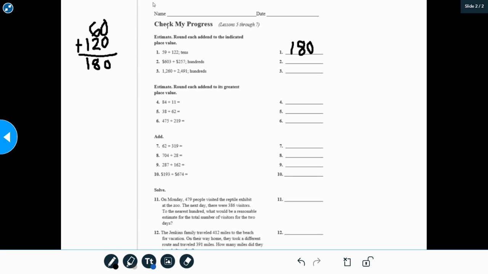This next part, I'm going to have you do 2 and 3. This next part, number 4, estimate and round each addend to its greatest place value. So its greatest place value would be the tens place. The 4 is less than 5, so it's going to cause the 8 to stay the same. The 1 is going to stay the same. So everything after is going to become zeros, remember that. So our first number is 80, and our second number is 10. 80 plus 10,